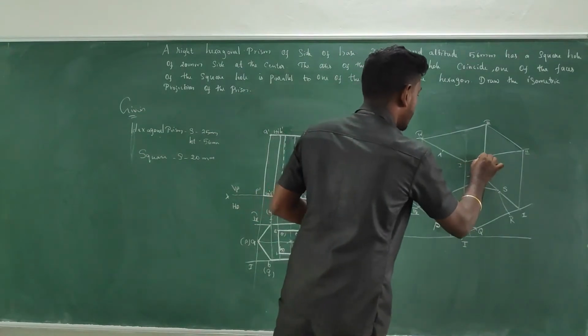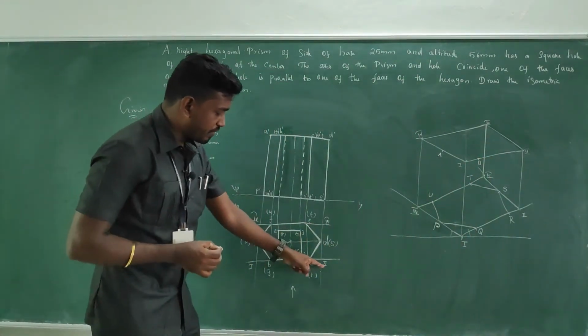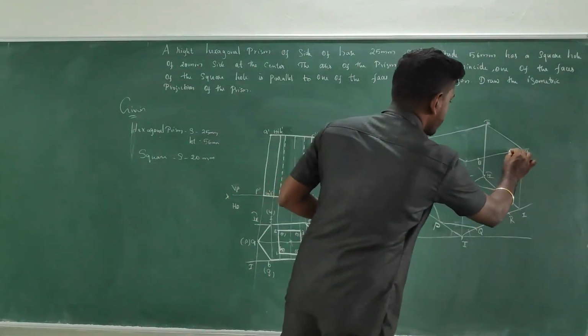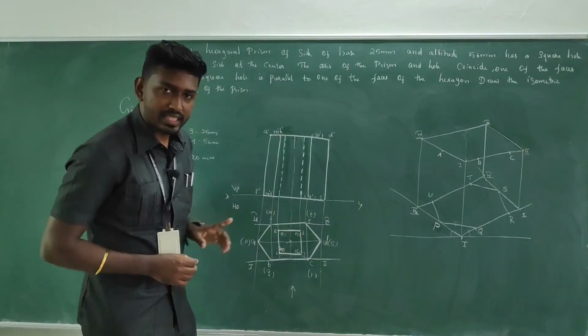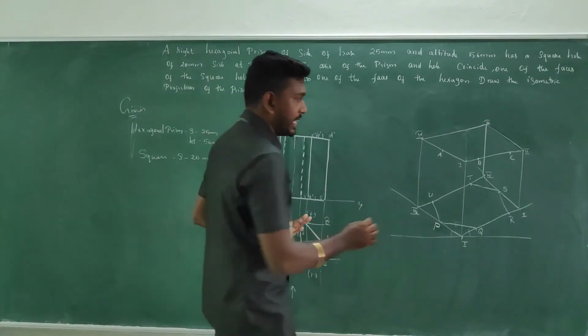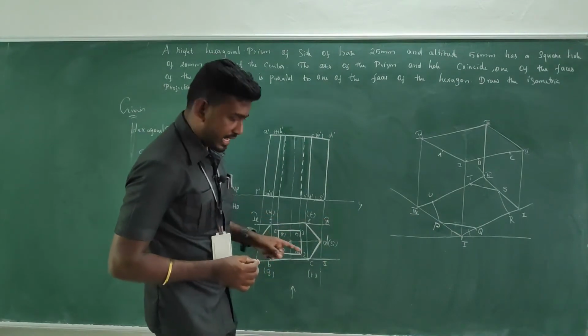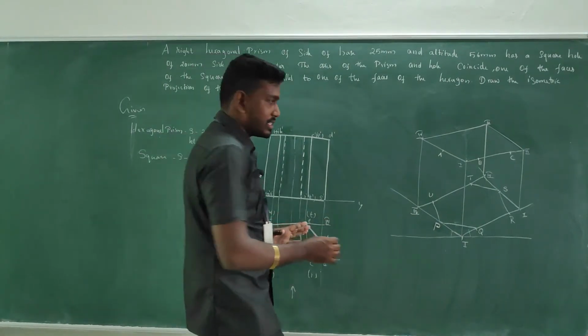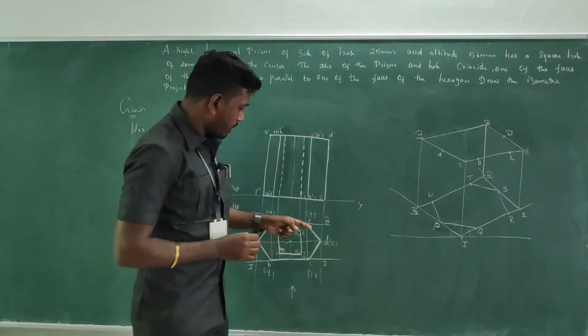If you take from 1, just convey it from 1, you will get B. Take the measurement from 2 to C, and from 2, just convey it, C. D is between 2 to 3. Take the measurement 1 to D, and between 2 to 3. So take the measurement 2 to D. What is the measurement? From 2, convey it, so you will get D.